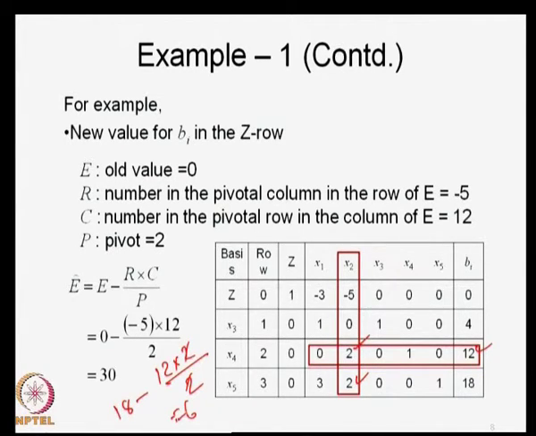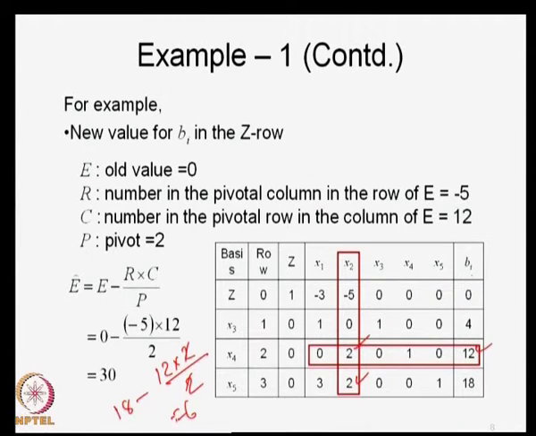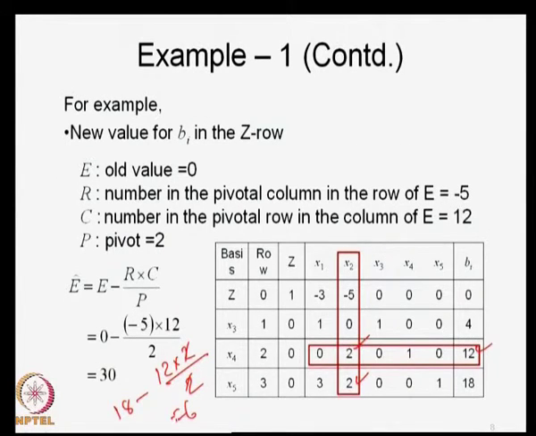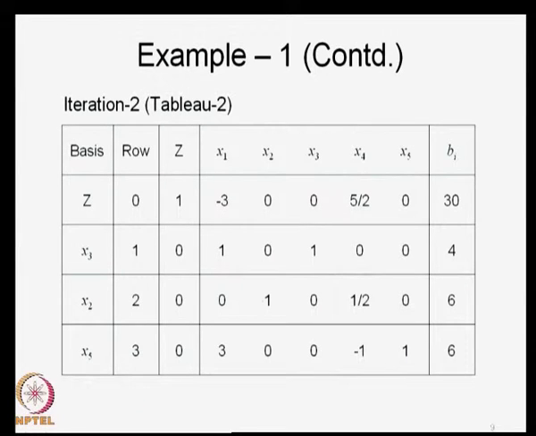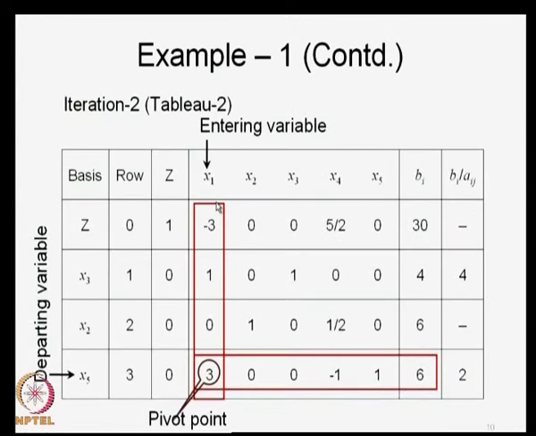So, this 18 gets converted as 6. Like this, you write all the elements. So, this is what we do. This 0 became 30, by the way I have shown, and this 4 becomes 4 only. Then look at minus 3, for example: minus 3 minus 5 into 0 divided by 12. As I said, if either this is 0 or this is 0, the number remains the same. So, that number remains as minus 3, and then you convert this x2 as 0, let us say.